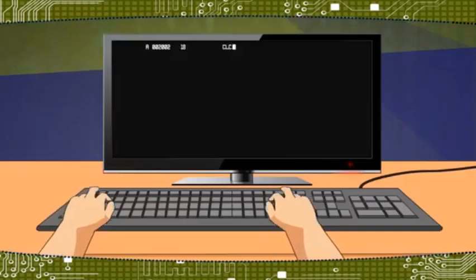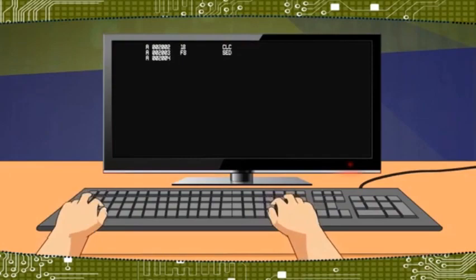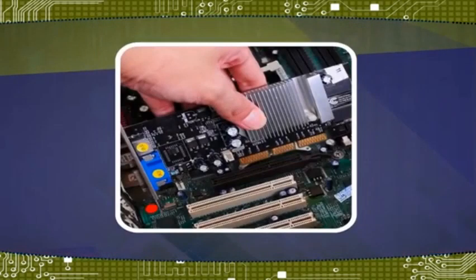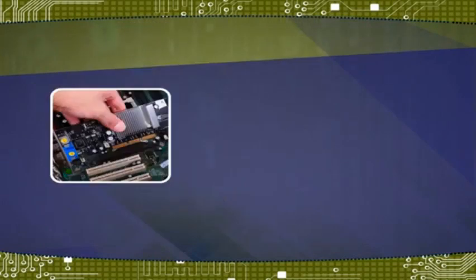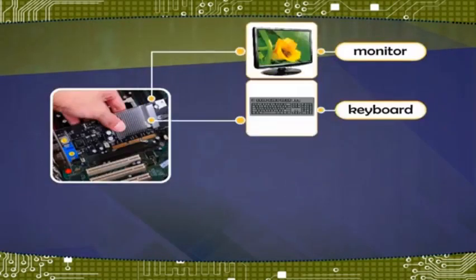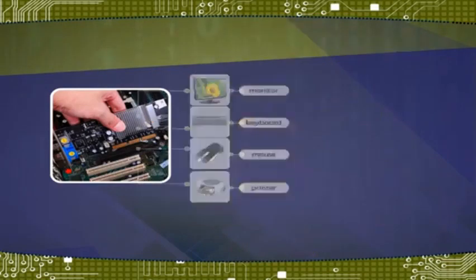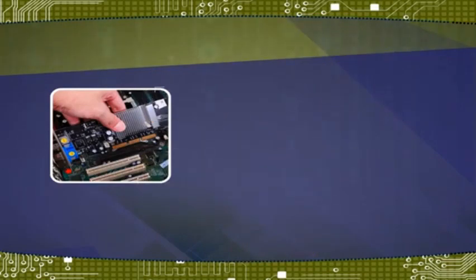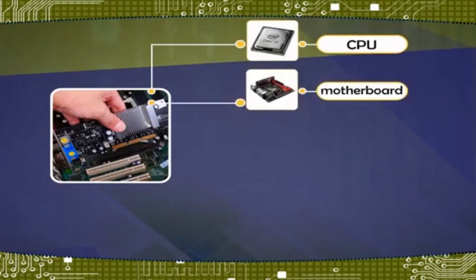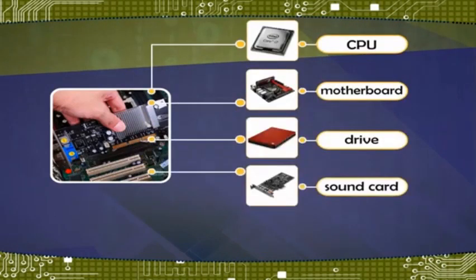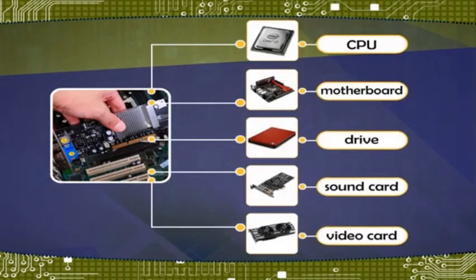You need both hardware and software for a computer system to work. Types of hardware are either external: monitor, keyboard, mouse, printer, etc., or internal: CPU, motherboard, drive, sound card, video card,